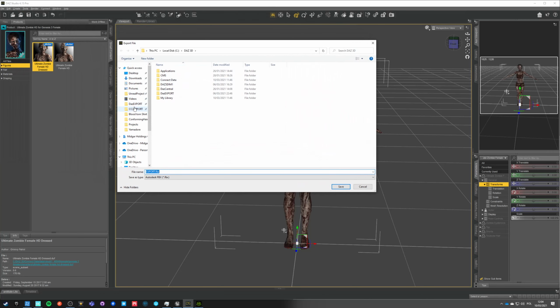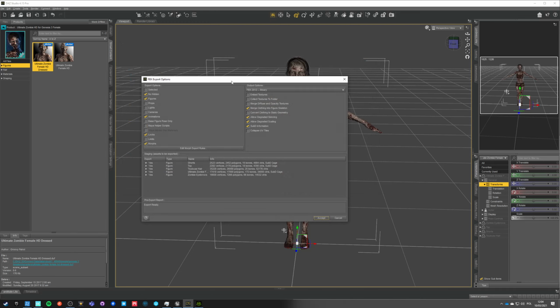And we are going to go into DAZ export, and here we'll call it G3 female zombie, for example, and this has to be FBX file type, save. Okay, now